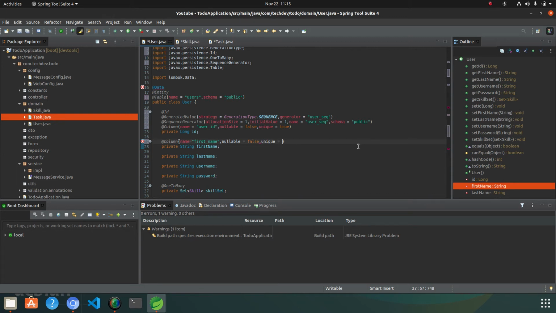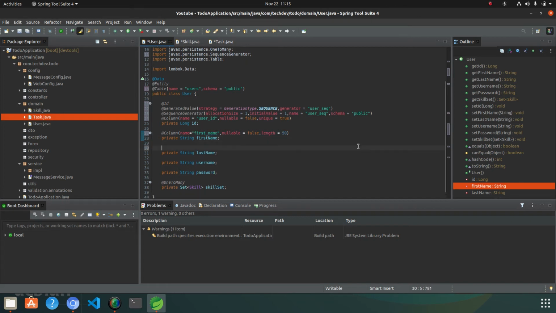So the uniqueness will not be unique. The length will be 50, and similarly for last name, it will be this.